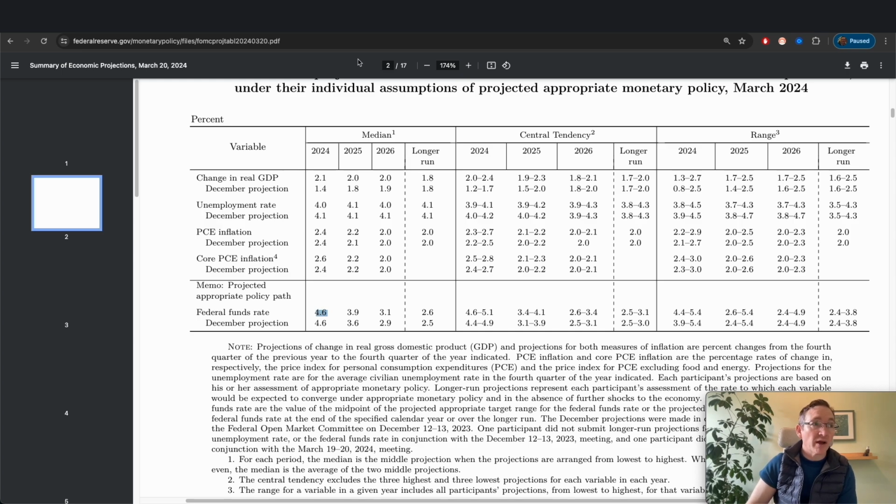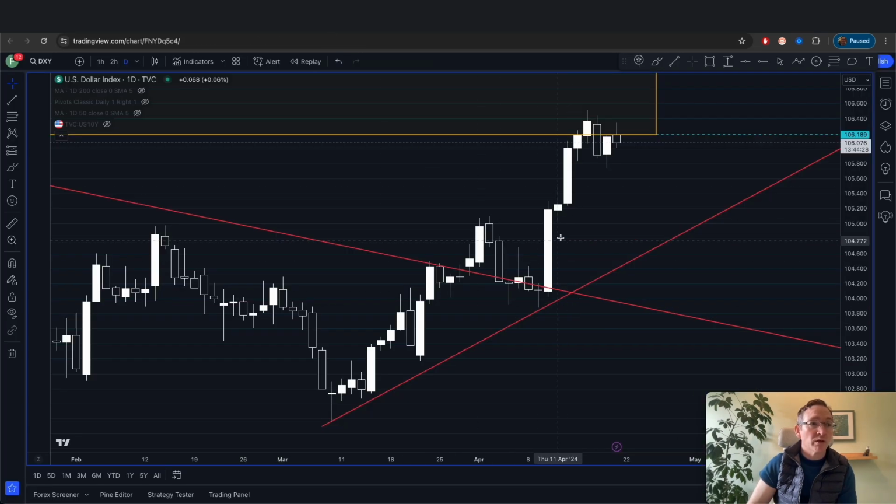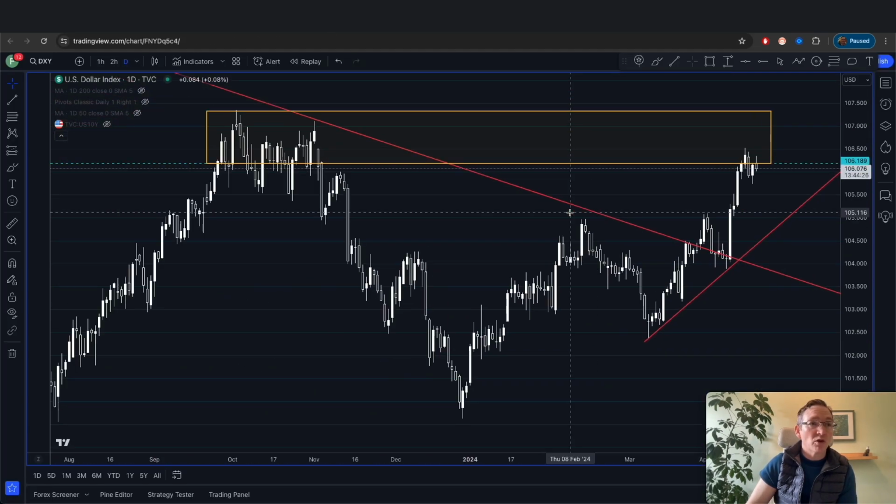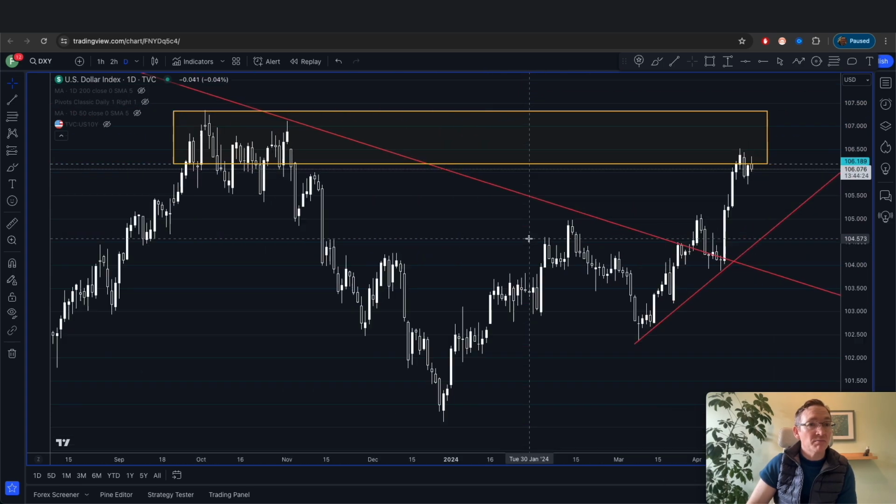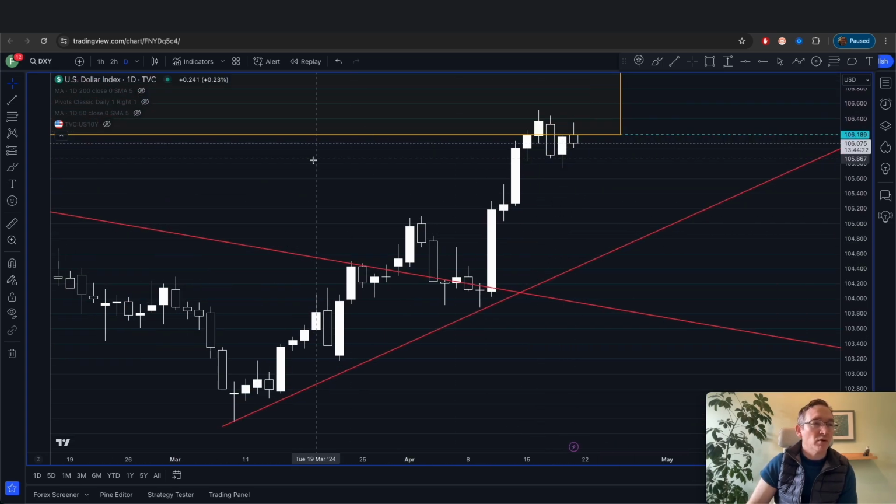That is being priced out. You can see that with sudden dollar buying. The weak dollar bearish bias still remains in place, but we're seeing a little bit of pullback. And the question remains, how